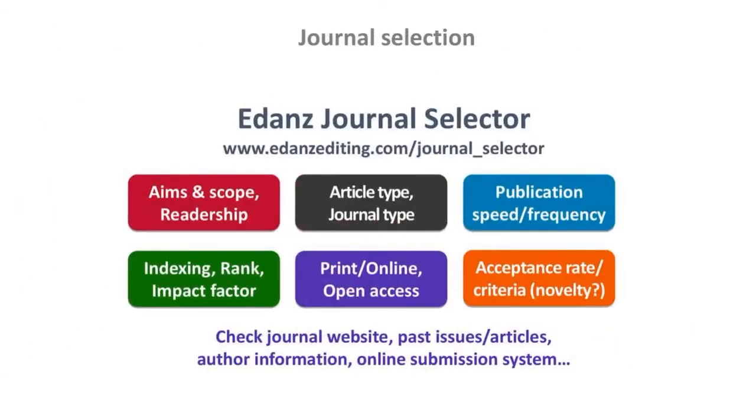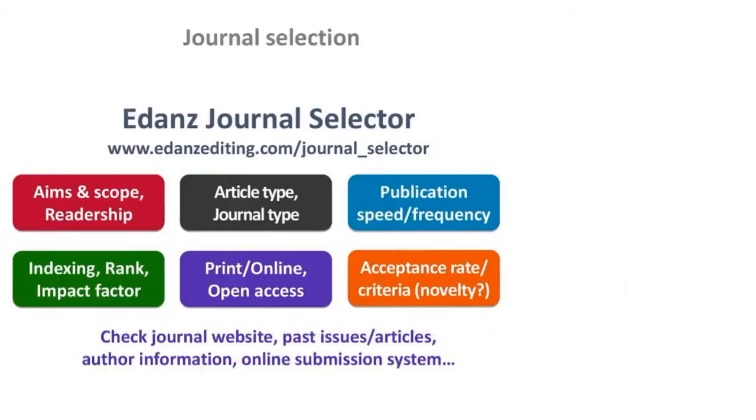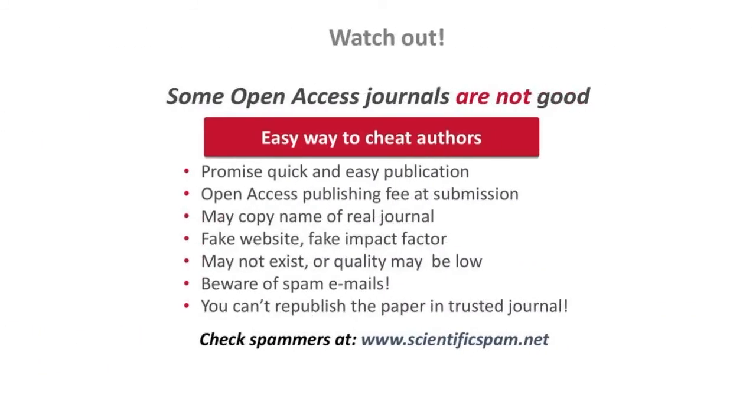Have a look at the Edanz Journal Selector tool on the Edanz Journal site. And watch out, because some open access journals are just not good. They try to cheat you. They promise quick and easy publication. They promise open access publishing, charging the fee at submission, which is a big red flag for authors. They may copy the name of a real journal. They may have a fake website, a fake impact factor. Beware of spam emails. You can check spammers at